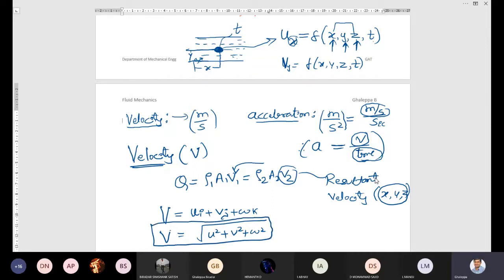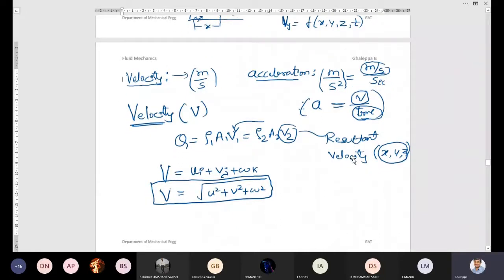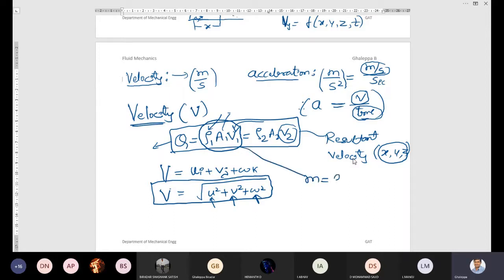You remember this equation for solving numericals. If he has not mentioned any velocity in x direction, velocity in y, velocity in z direction, we can use this equation for calculating the velocity. He may give the discharge value, he may give the density and area. So one more point, the multiplication of these three factors, you take it as mass flow rate, that is rho AV. That is one more point you remember.